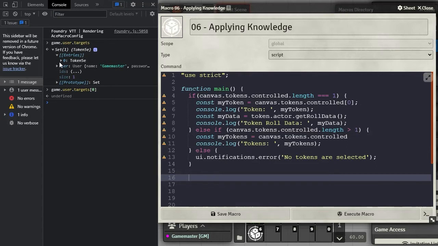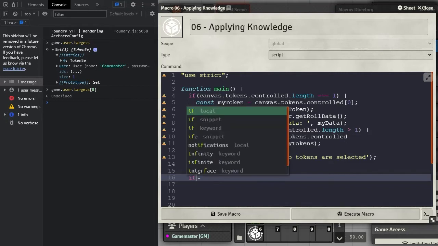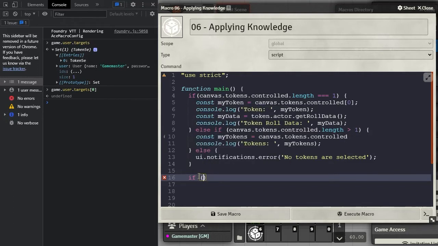So I'm trying to think the best way. So we have size here. I think that will be our best thing to check on, because if there's a size of 0, nothing's selected. So let's do that. Let's go ahead and say if, and we'll say